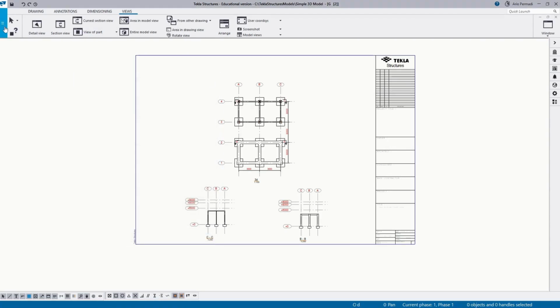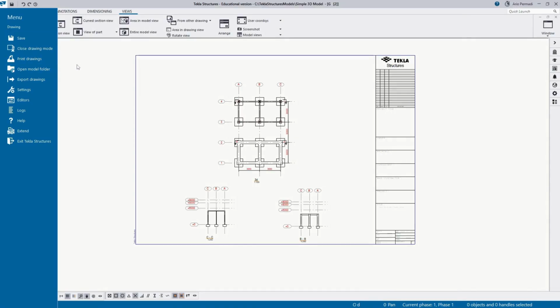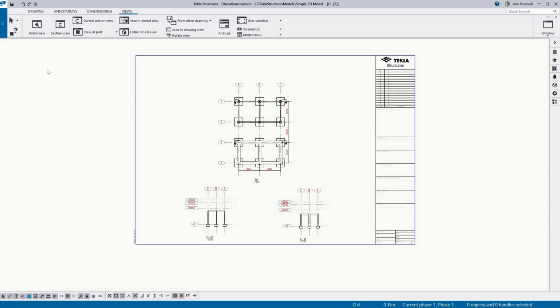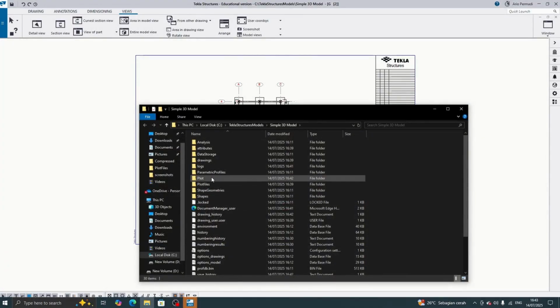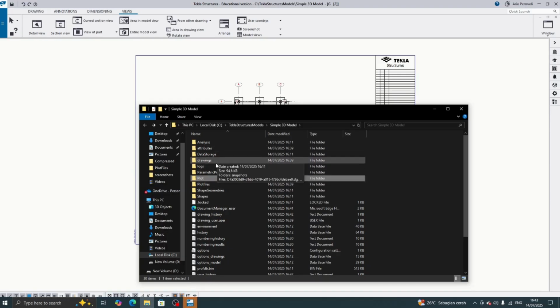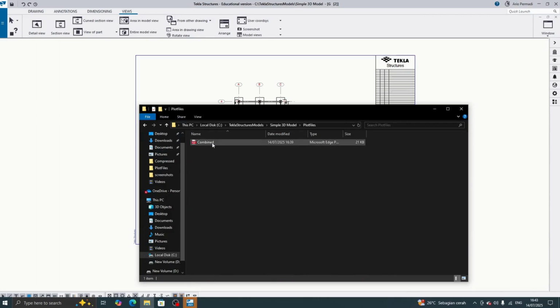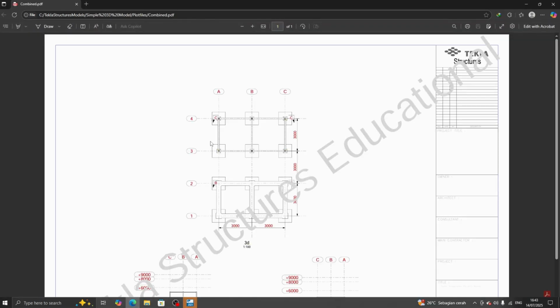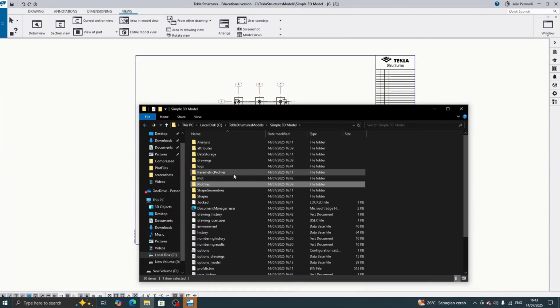You can close this. And how to open the export or the plot file, you can go to the open model folder and choose the plot for the plot drawing. This is the DWG drawing. For the PDF file, this one, go to the plot files, and if you want the DWG file, you can go to the plot folder. Okay,